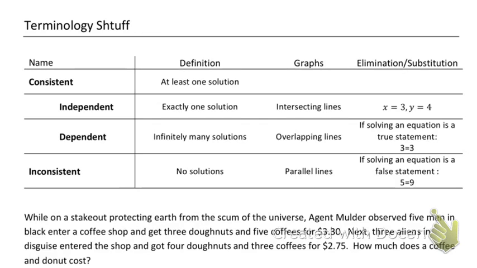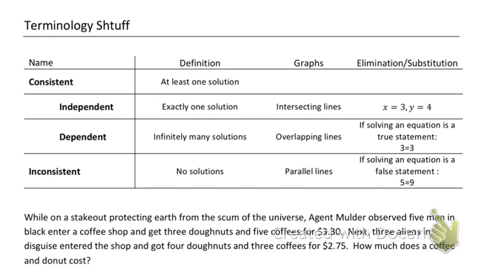If consistent has at least one solution, we have two versions of that. It has exactly one solution, or we have dependent, which is infinitely many solutions. Let's go over these. If there's exactly one solution, it means it's independent, which means it's consistent, independent, exactly one solution. If I was to graph these,